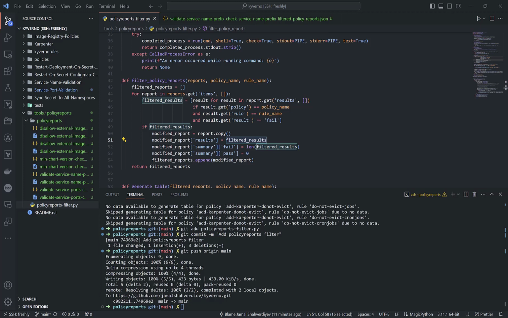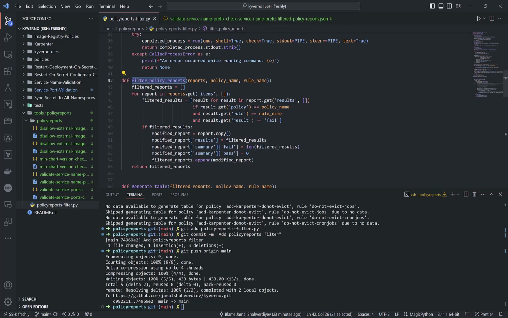with a specified rule name. So if you execute this Python code, policy-reports-filter.py, it automatically collects all policy reports inside of each namespace, collects the name of each policy report, and per each policy report name analyzes each block to find the policy report with the name of the rule. And if you look inside of this function, we can understand it's